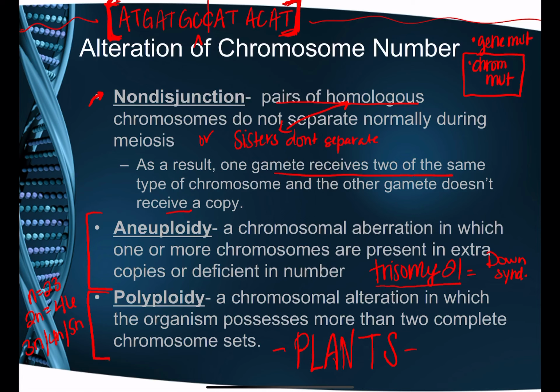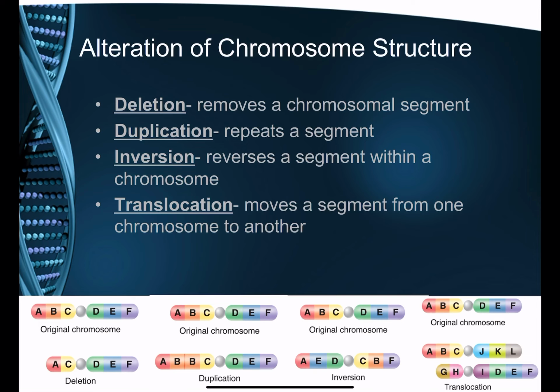Okay? And so that's what polyploidy is. More than two complete sets. Not an extra one, that's aneuploidy. A whole extra set. Okay? So,